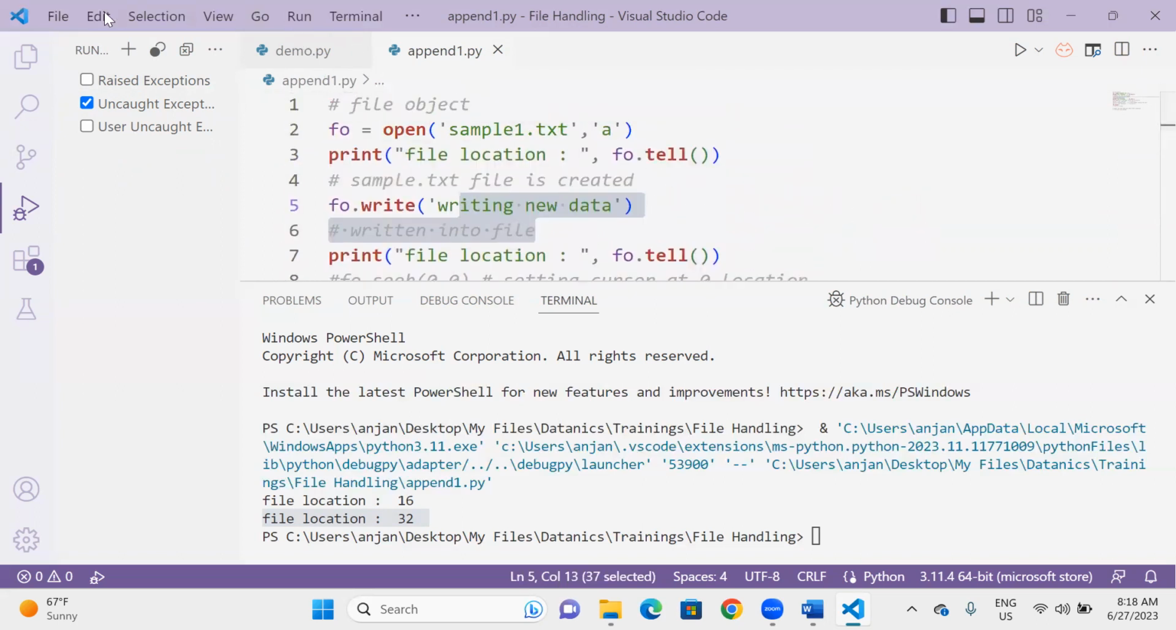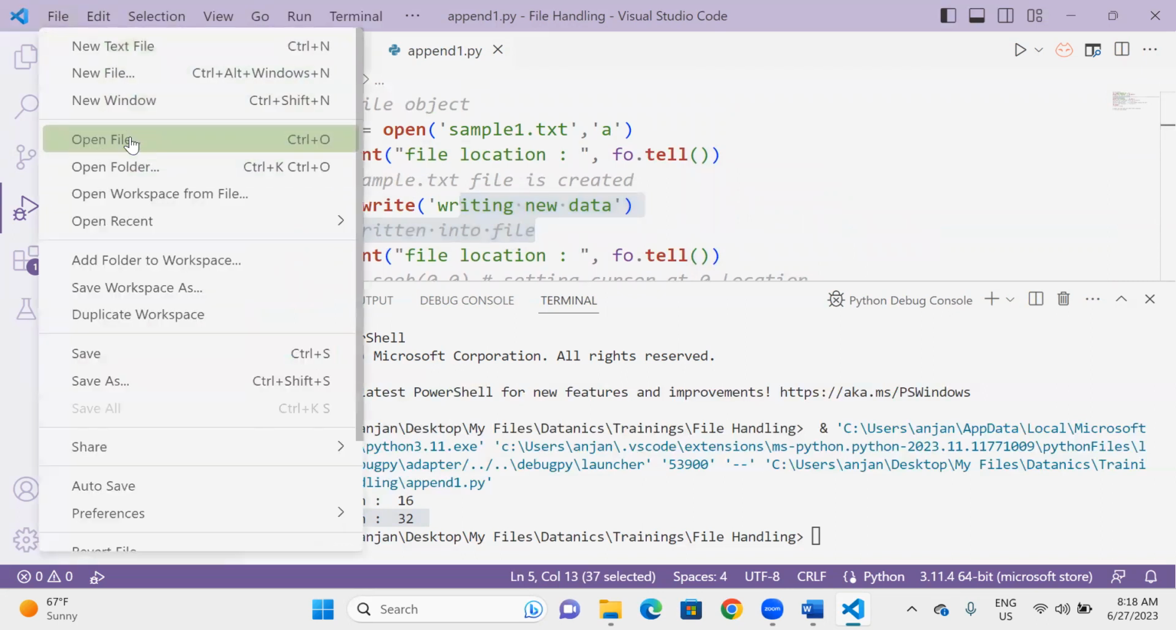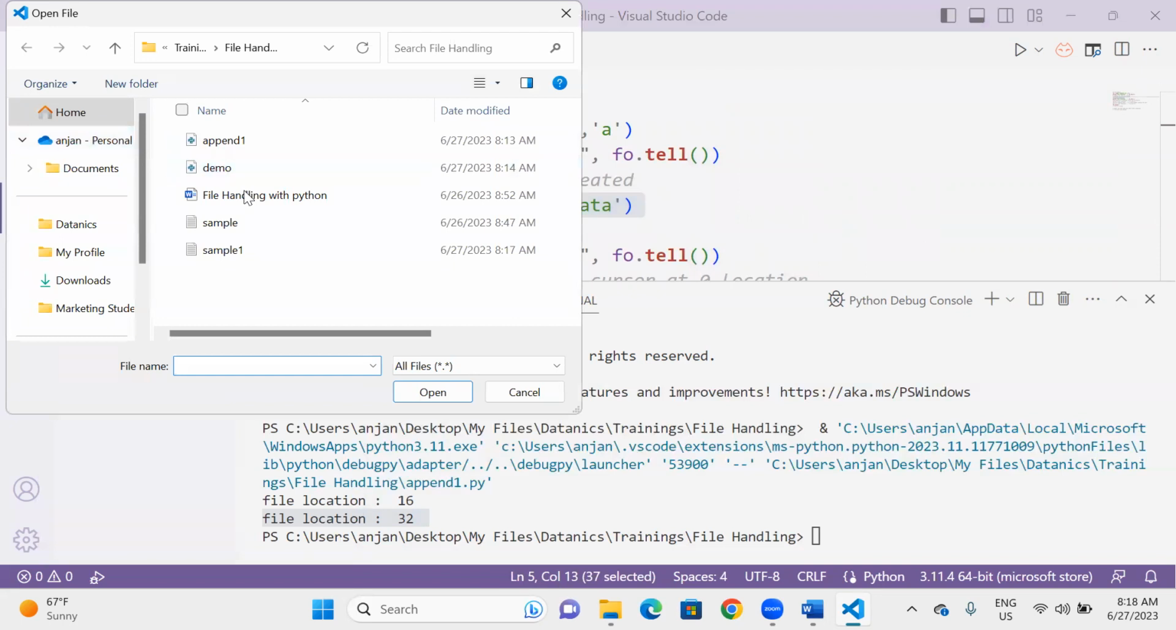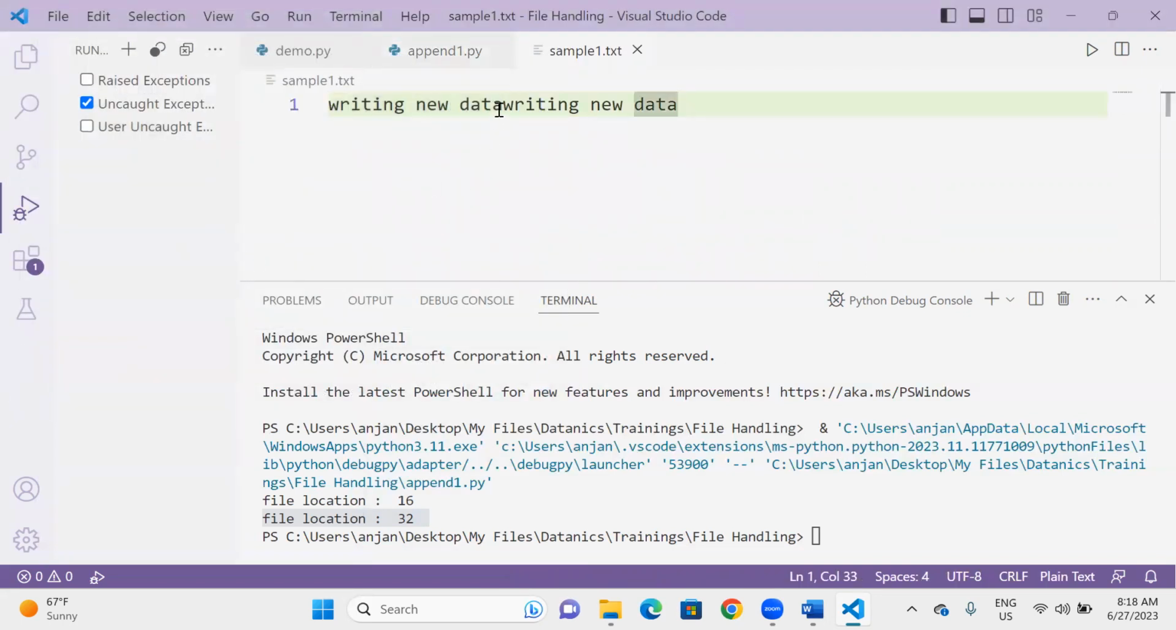Even you can try the sample1.txt file. See, writing the data and again writing the data is there, right? It is writing two times, but it is at the end of that file. Now,